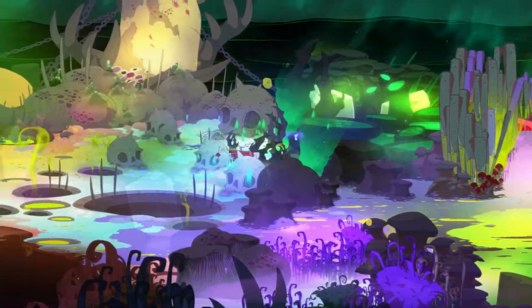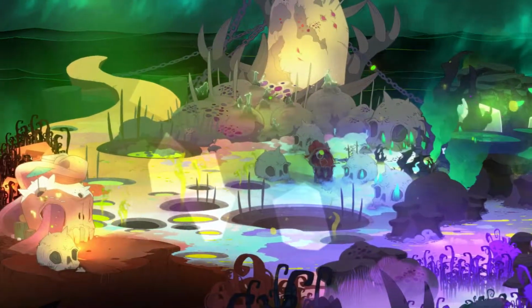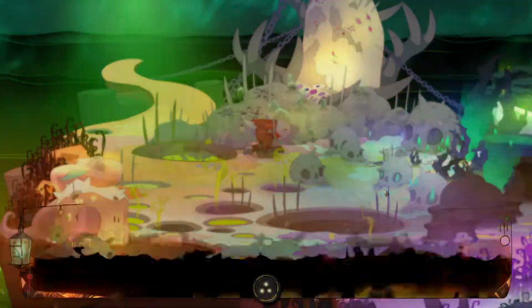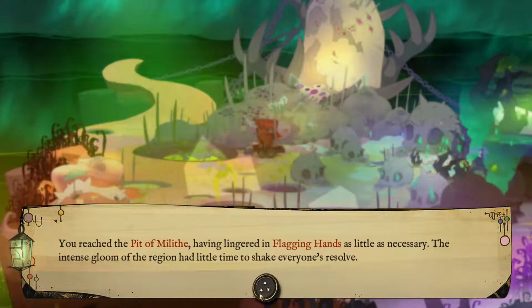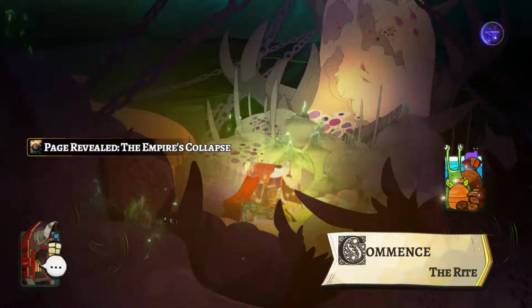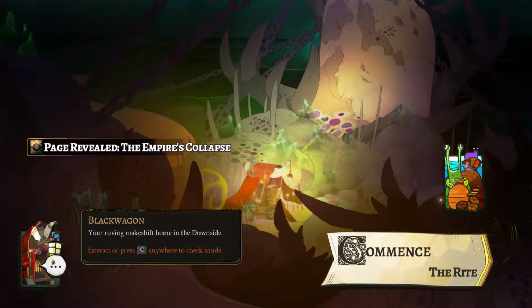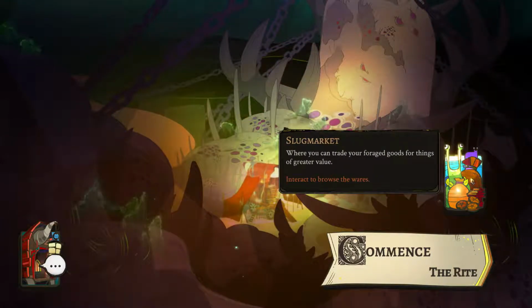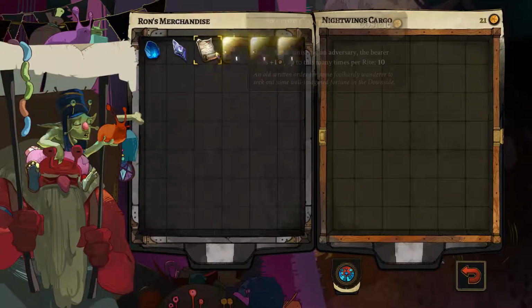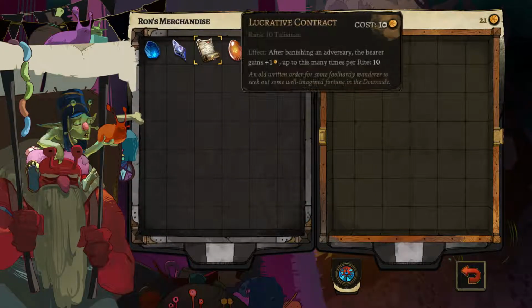The game is a little hand-holdy at first, but it really serves to... I wouldn't even call it hand-holdy. It's very linear at first, and it serves to enhance the narrative quite a lot. So now, we can read a new page in the book. We can also talk to the slug at the slug market. This guy is interesting. There's actually a button, or a way to interact with him to make him stop talking. So we have...